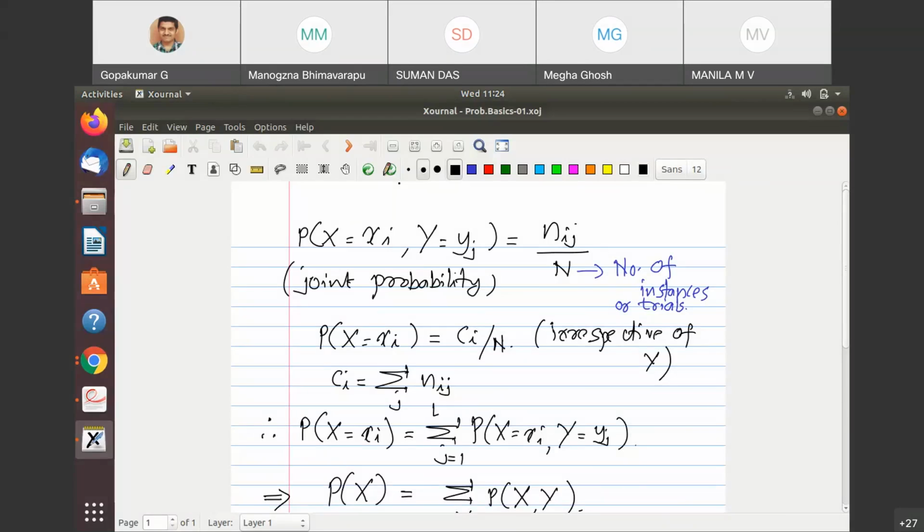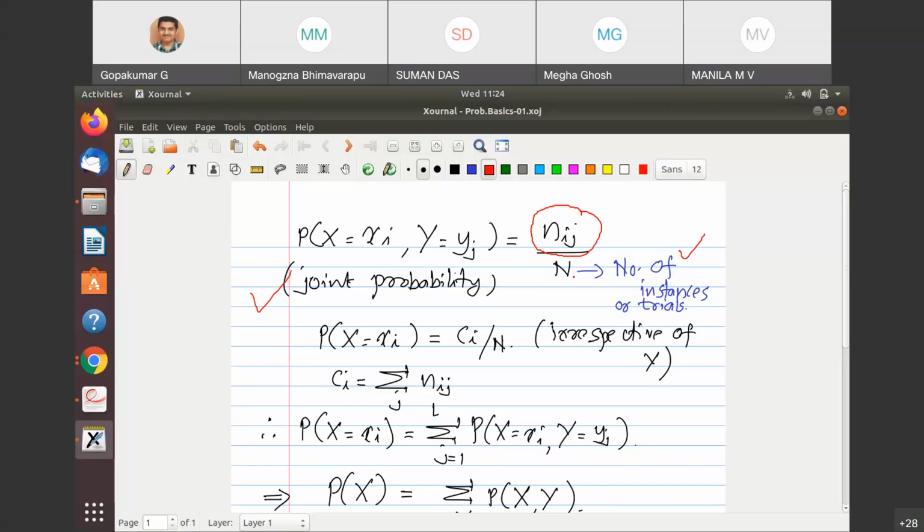if you look into the previous diagram, we can actually define a joint probability, which we call the probability of X = x_i and Y = y_j. So that is what we were discussing. We know that the total count is n_ij, according to the previous cell value or the diagram. And we assume that there are N instances or N trials or whatever it is,